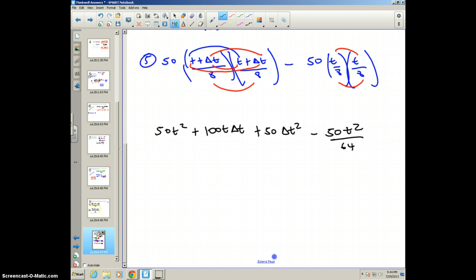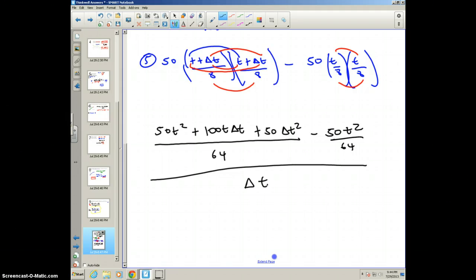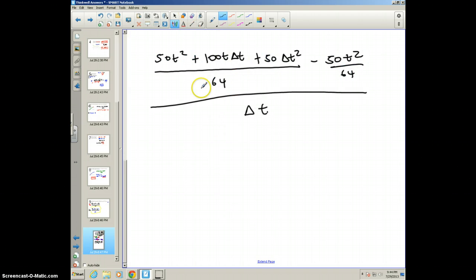I also forgot this part, which is over 64, over delta t. Alright, so almost done here. We have this main part. As we see here, we have a negative 52